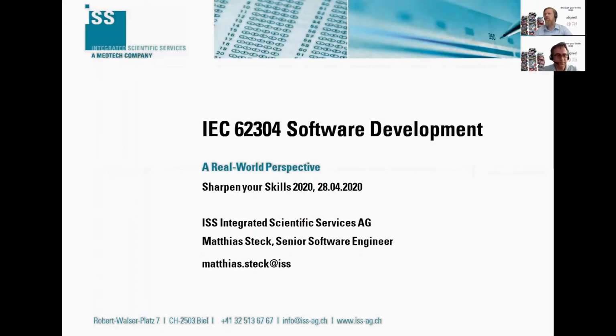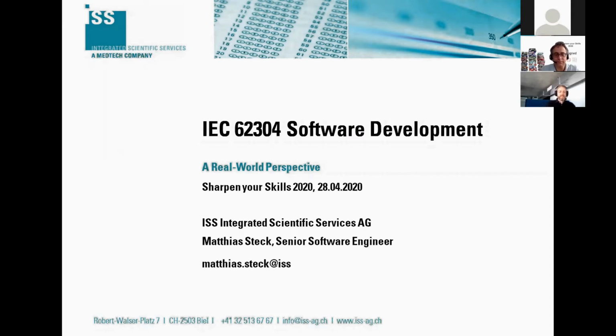So, quick information about my background. I'm working at the ISS, that's the company called Integrated Scientific Services. I'm working there as a software engineer, part-time consultant, and through that I've come into contact with different software projects and customers that try to make their products or processes compliant with the IEC 62304, the Software Development Lifecycle Standard